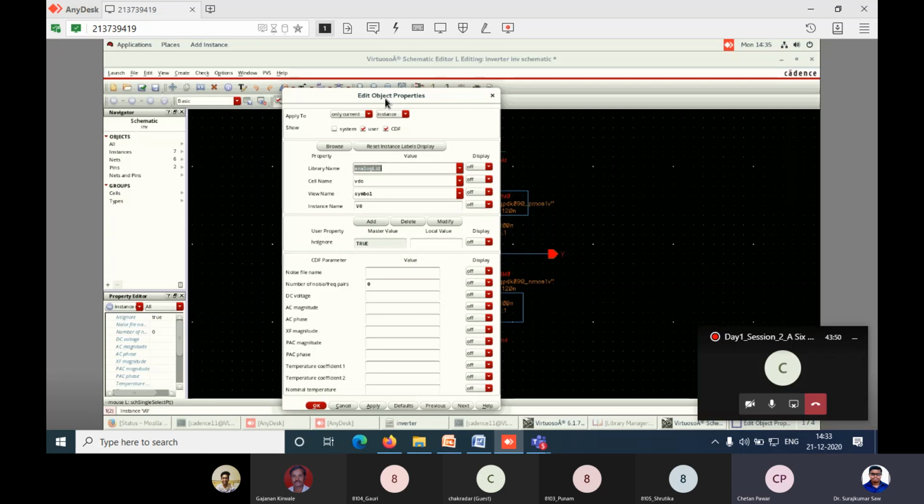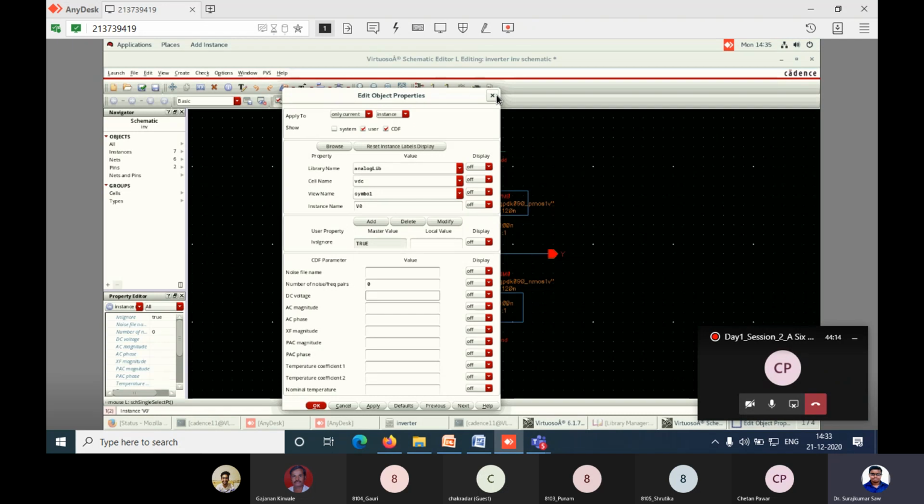Okay, PC number 7. Close this. Edit object properties. Cancel it. Now select that. Yes. Now press Q. You can do that also. Properties. Okay, Chakadhar sir, you select the VDC. Sir, please guide this one.